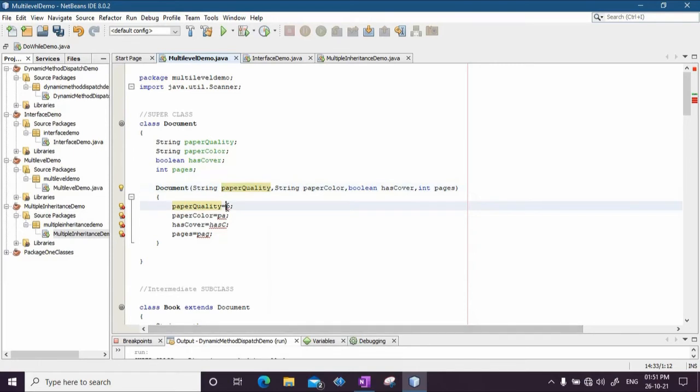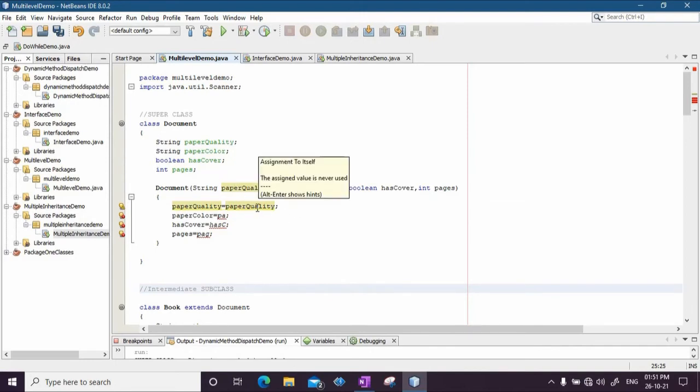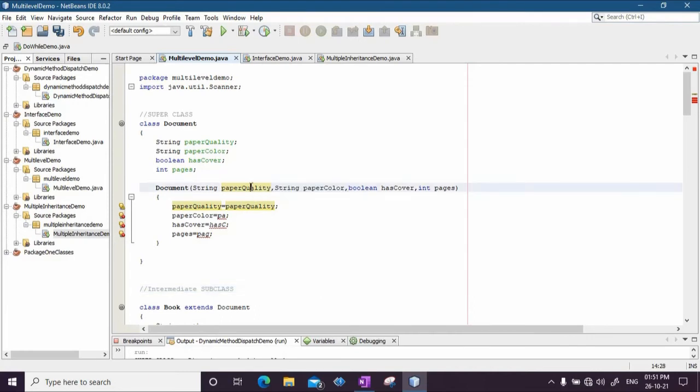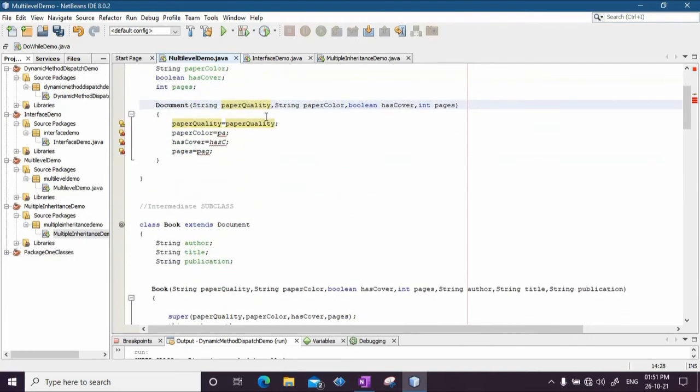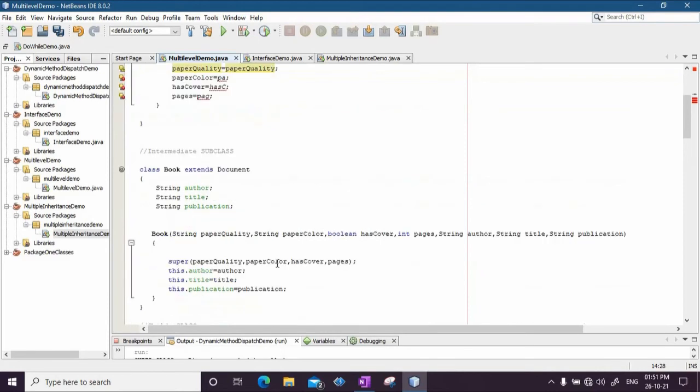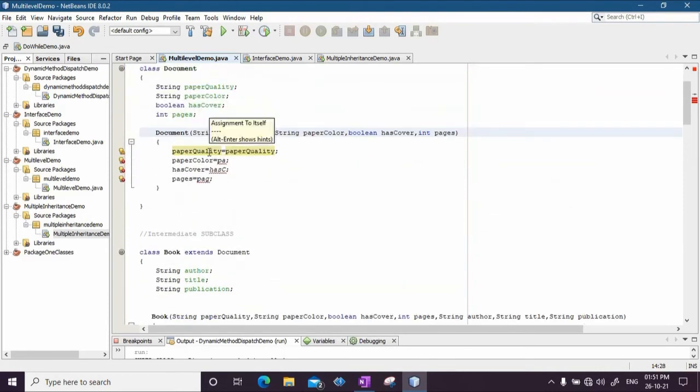If I had written this, it would have given me an error, because paper quality equal to paper quality: the right hand side element is the paper quality value that we have passed from other classes, whereas the left hand side paper quality is the paper quality attribute of the object, but it does not make any differentiation.